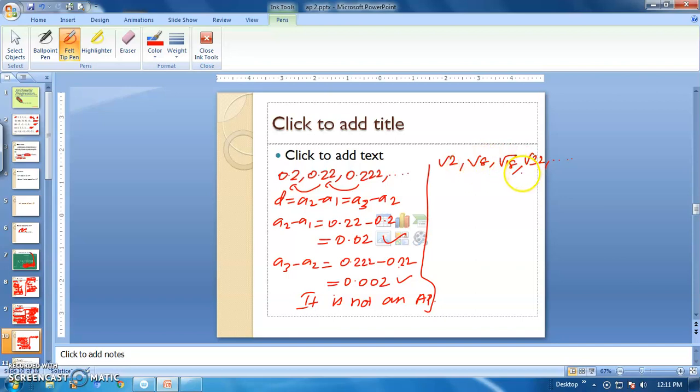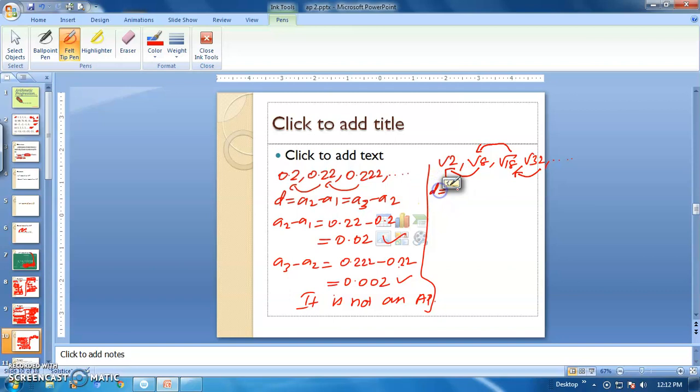So for that we need to find out the common difference. Okay, we have to subtract. So root 2 from root 8, and root 8 from this one, and similarly root 18 from root 32, and check whether the common differences are equal or not. Okay. So for the first one, we are going to write d equal to, that is root of 8 minus,